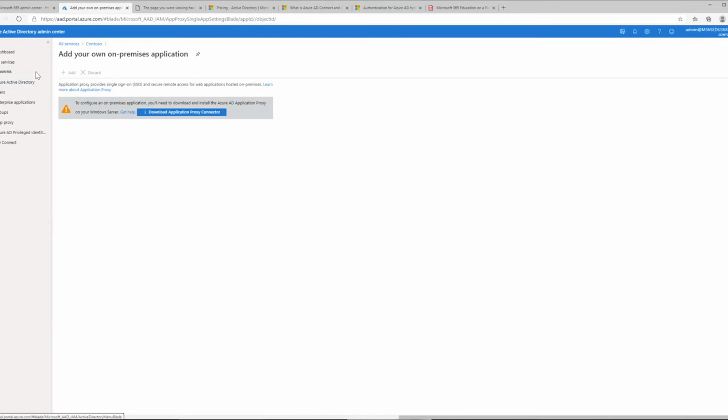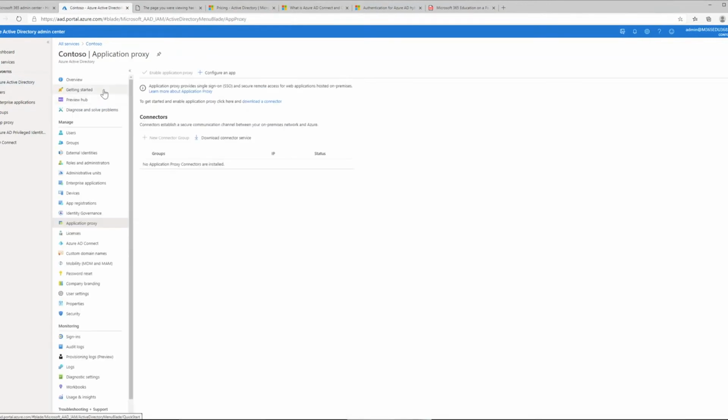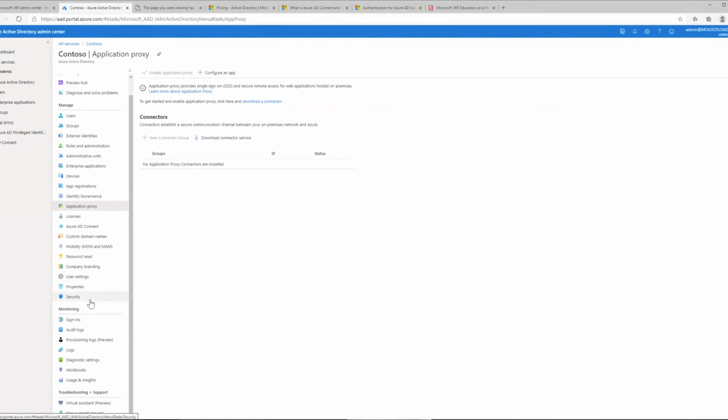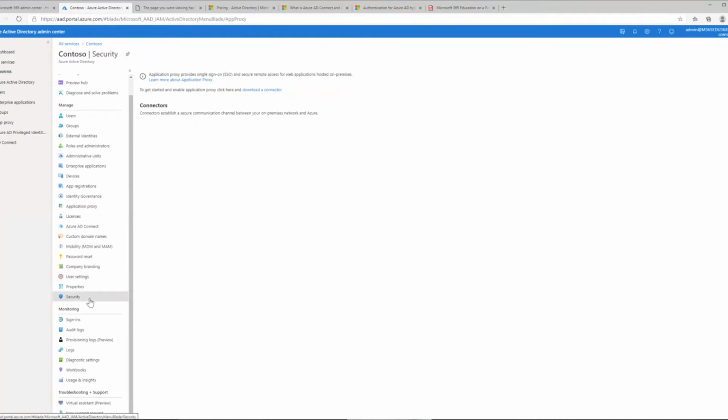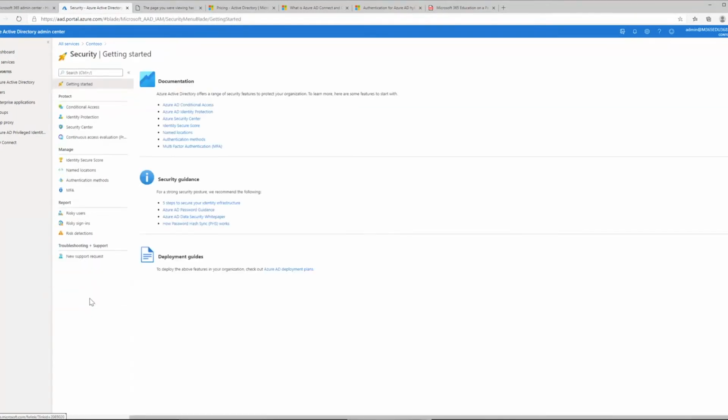So I've got just a few more minutes, and the last area that I really wanted to jump into is going to be the Security Center. So within Security Center, you have access to a whole bunch of wonderful features that allow you to start setting policies to enforce things like MFA, secure access, even jumping into things like identity protection or authentication methods. And we'll talk about some of those here in a bit, but the main one I want to talk about